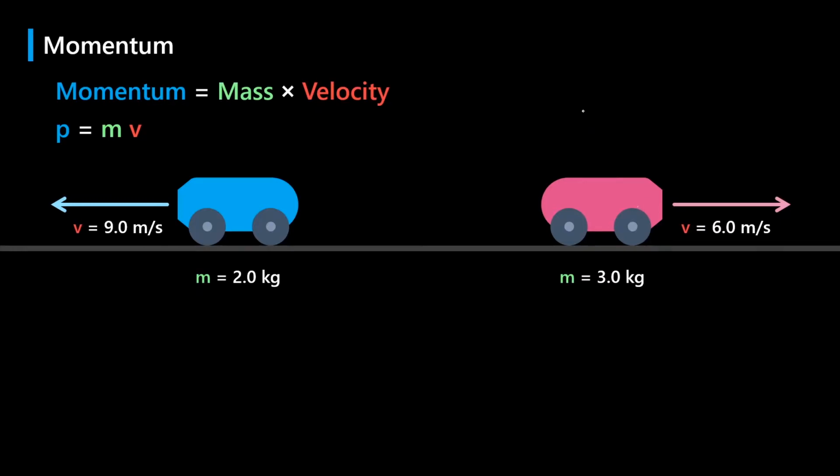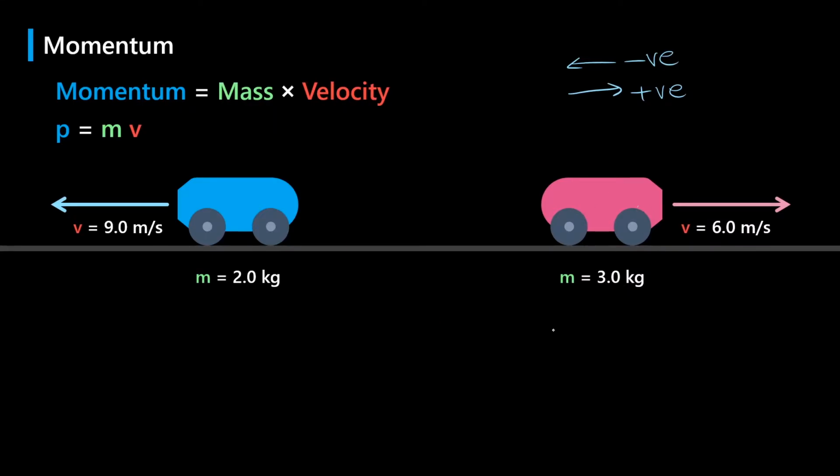So the first thing I would have done is designate a direction as being positive. So I'll say that moving to the right is positive and moving to the left is negative. So the pink trolley is moving in the positive direction and the blue trolley is moving in the negative direction. Then we just split this into two different questions, so let's just focus on the pink trolley on the right